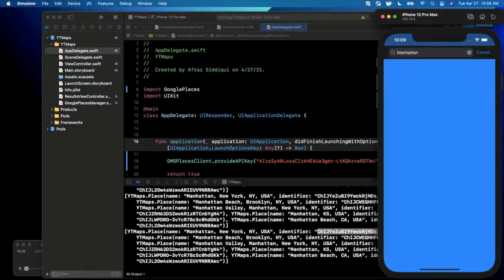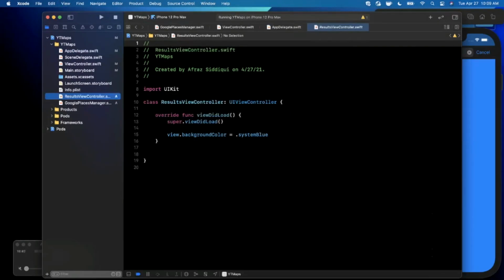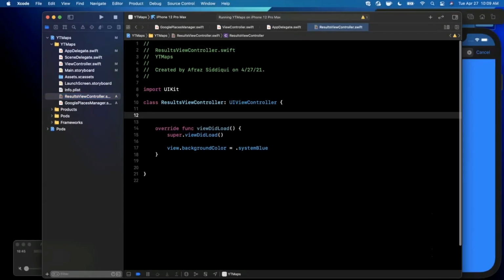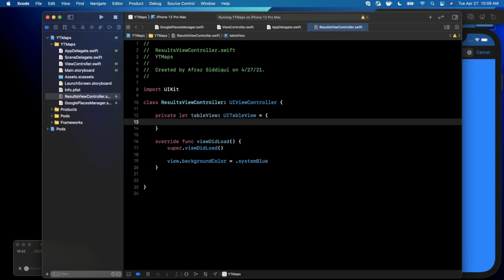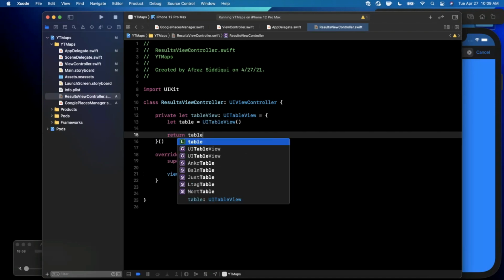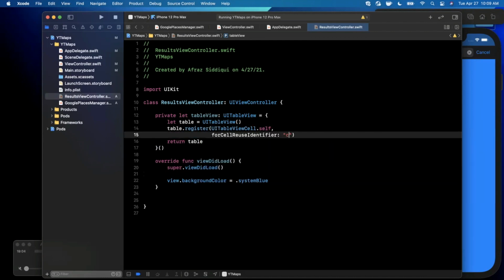We just now need to actually plumb those results into our blue results controller now. So let's jump into our results controller. And basically, to show this list of alerts, or list of places, I should say, it's pretty simple. We basically just want to use a table view. So we're going to create a table view. It's going to be of type UITableView, of course. We're going to want to create it in here and register a pretty basic cell. Now you can customize the cell and go crazy. We're just going to use a pretty vanilla table view cell today,